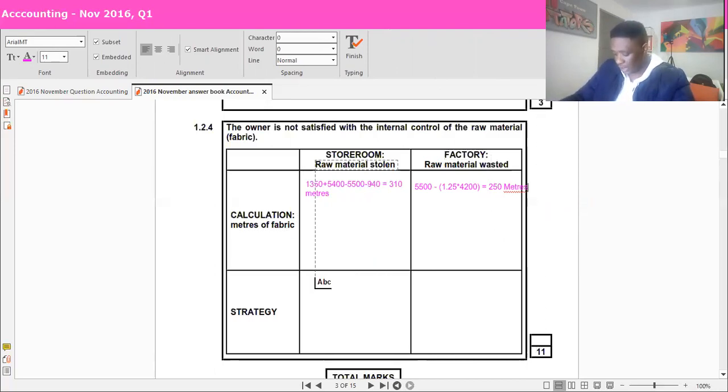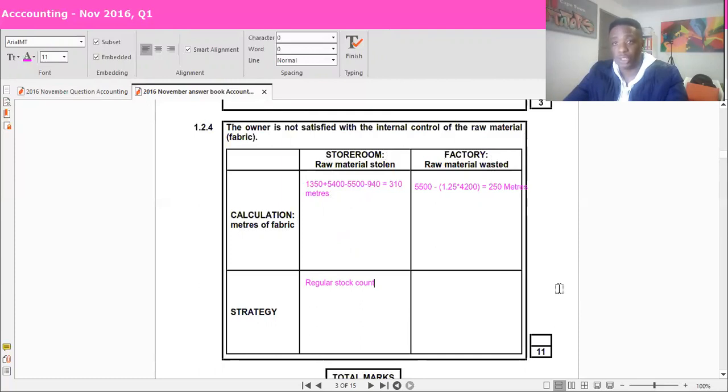Cool. And then the last thing to do is to provide a strategy of dealing with each of the above. So you were only asked to give one. So the raw materials stolen, my argument there would be to do a regular stock count, so that you actually know the day, that if you're doing it regularly, you are sort of